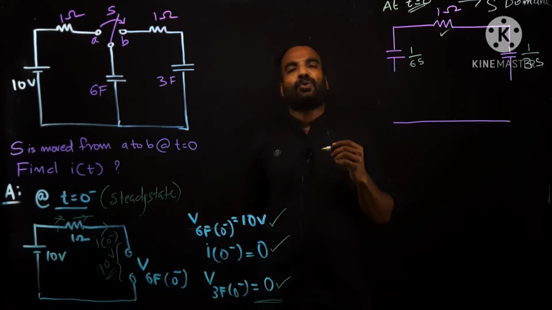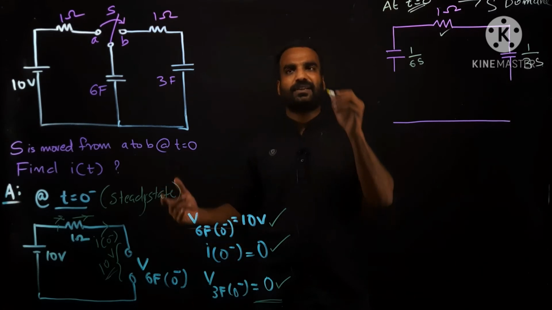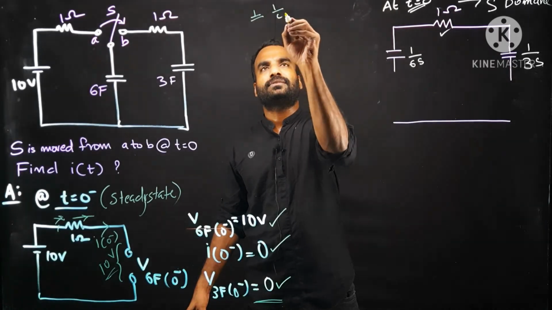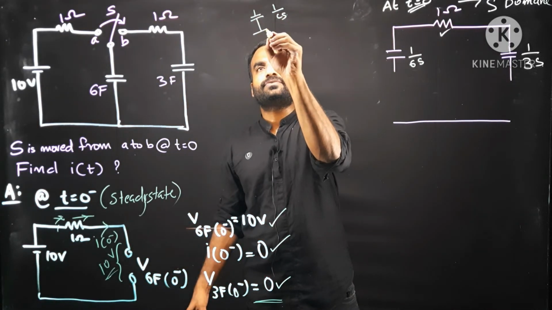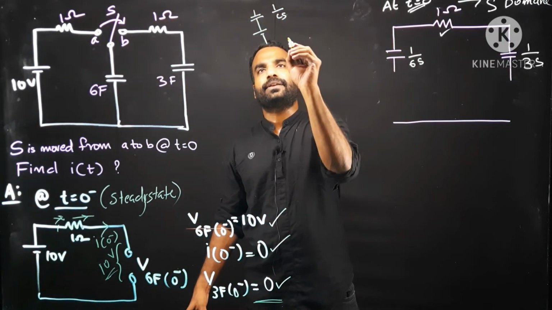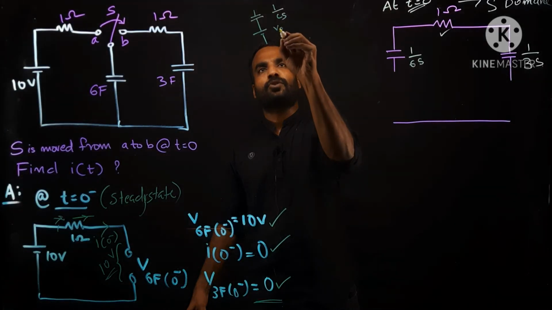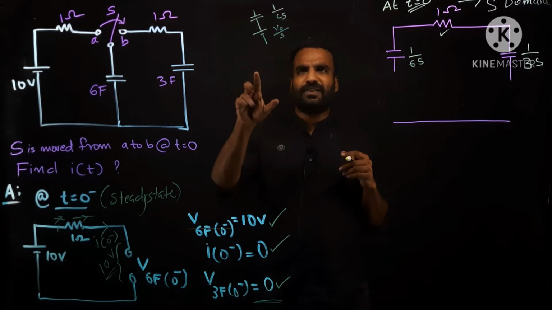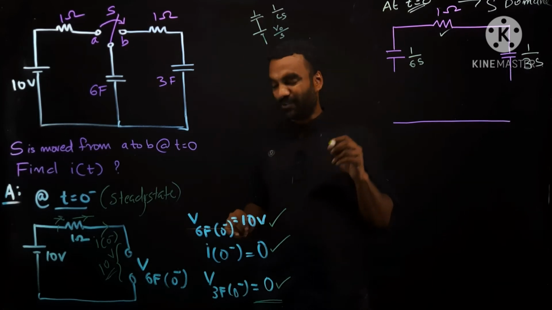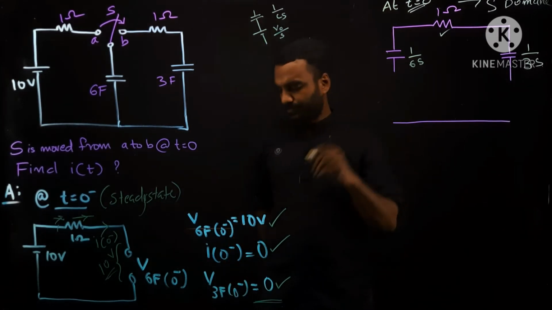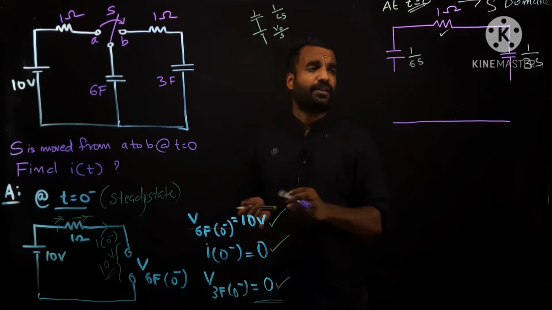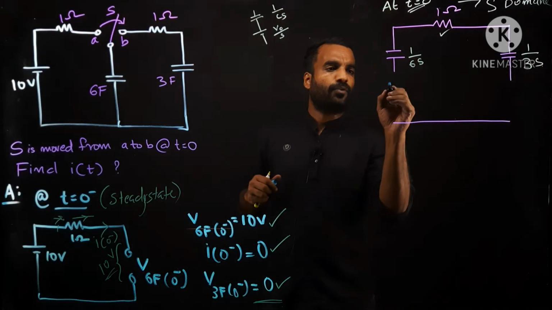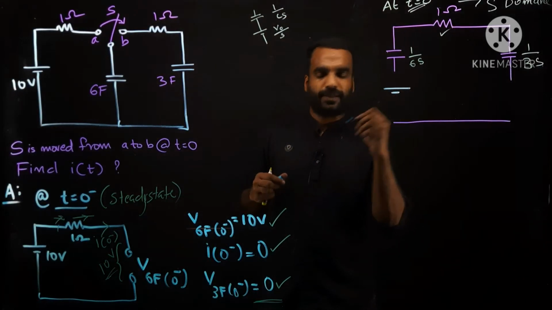Now, what about the initial voltage? What was the equation? Capacitor 1 by Cs should be connected in series with the initial voltage, and that equation was V0 by S. Just before, 5 or 10 minutes ago, I was explaining this. Don't forget. So I am going to connect a voltage source in positive polarity.